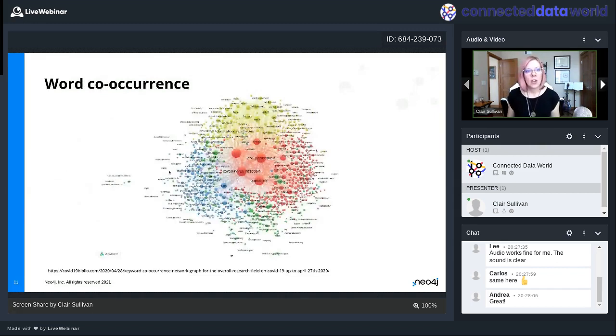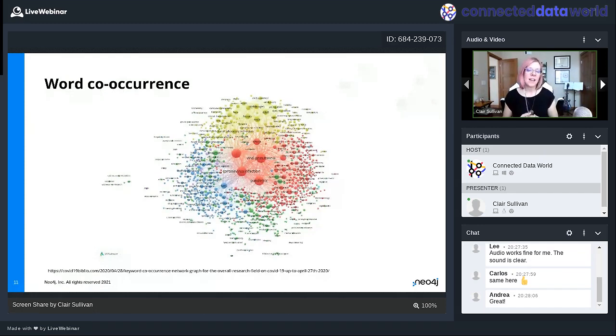Okay. So word co-occurrence, I'm sure we are all just ecstatically looking at yet another graph of COVID. I'm pretty sure we've all seen at least one similar graph. And what we're looking at here in particular is research papers that were published on COVID. And the size of the nodes that you see here reflect how many times words occur within this whole corpus of documents. So for instance, right in the middle, you see the big red one that says coronavirus infection. Obviously, that would be a very commonly used term in all of these documents.